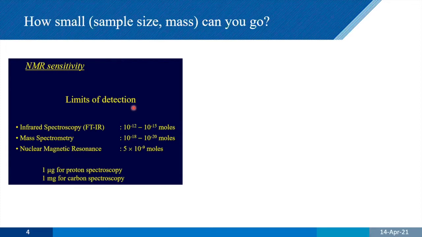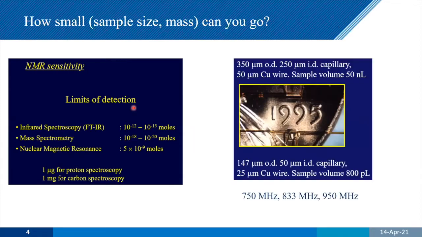So if you've got a sample and you want to run a high resolution NMR spectrum, people will tell you you need 5 nanomoles, and it's going to take overnight. So we thought, let's try and address this issue. So we want to go to very high field. We have access up to, say, 950 megahertz. Now we can go over 1 gigahertz.